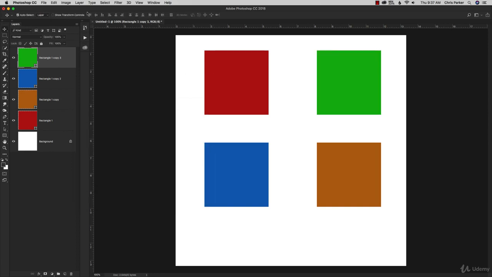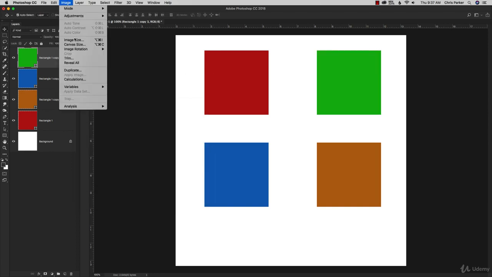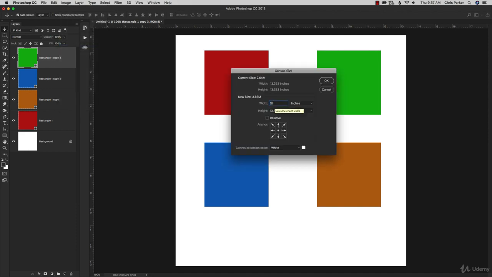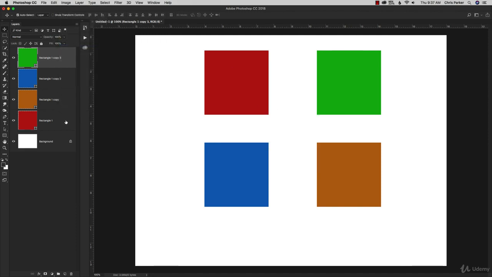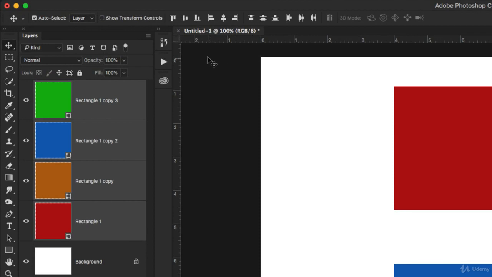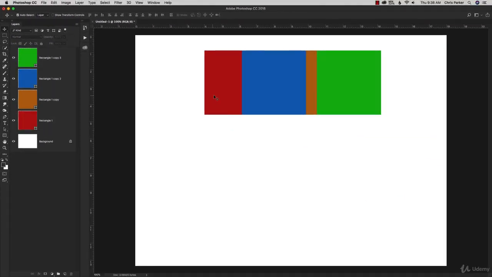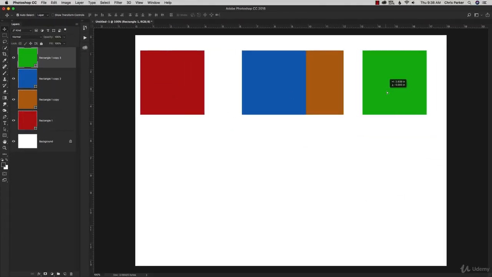All right, I'm going to readjust these. I'm going to make my canvas a little bit wider. Let's grab all our layers. With our Move tool, we're going to click on this icon, which is Align Top Edges. Then we're going to click on this icon here, which is to distribute horizontal centers. We need to make sure that these layers are further apart from each other, and we'll go ahead and do